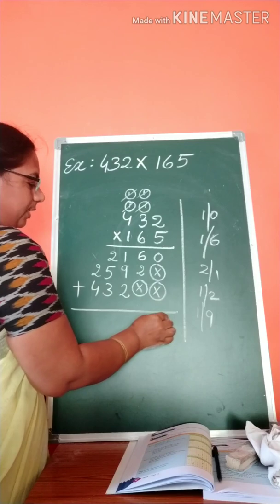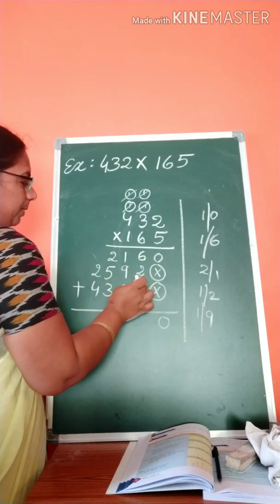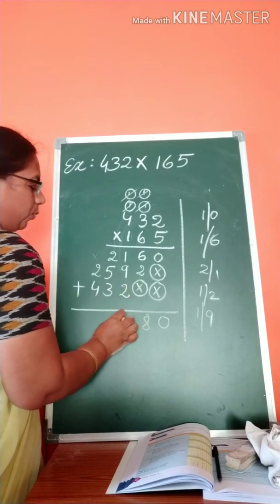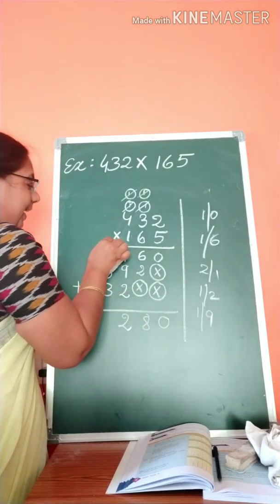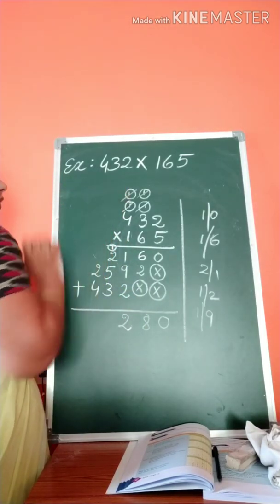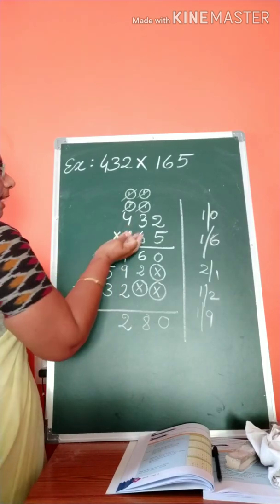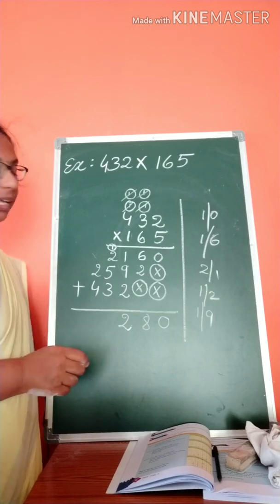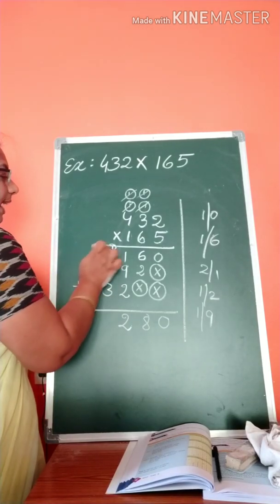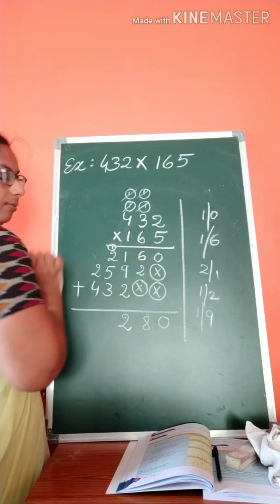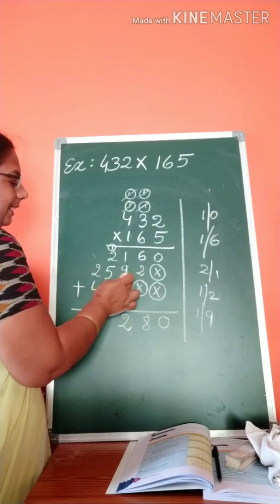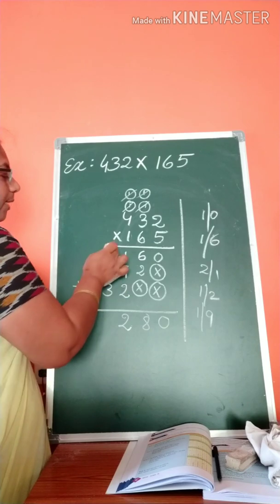0 plus 0 plus 0 is 0. 6 plus 2 plus 0 is 8. 1 plus 9 it is 10. 10 plus 2 it is 12. 2 and 1 carrying right here, children. Don't write on the top. Okay. When the multiplication is going on, the carrying should be written there on the top. And when the addition is going on, the carrying should be written here under the line. Okay. So 1 plus 9 it is 10, 10 plus 2 it is 12, 2 and 1 carrying to the